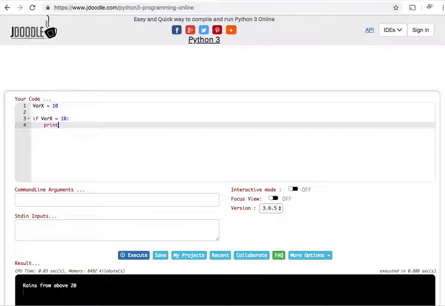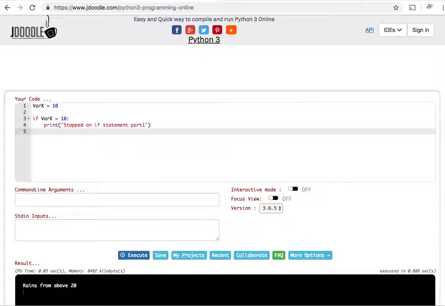And I'll just print, we'll just print "stopped on if statement part 1." There we go. Now that's easy enough to understand. We're stopping at the if statement part 1. So now, if I were to execute this,